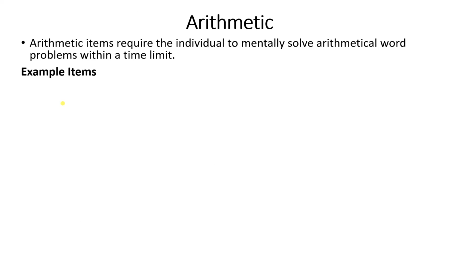The second core test of working memory is arithmetic. Simple arithmetic of school level are presented, but the individual has to solve the problem mentally, not using paper and pencil, and the problems are also presented in verbal form, not like 2 plus 2 is equal to what. Some verbal expression will be there, and the individual has to solve the problem mentally. I am presenting a few items, it will make it more clear.